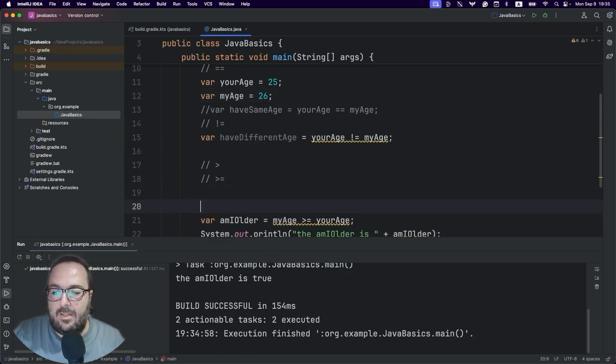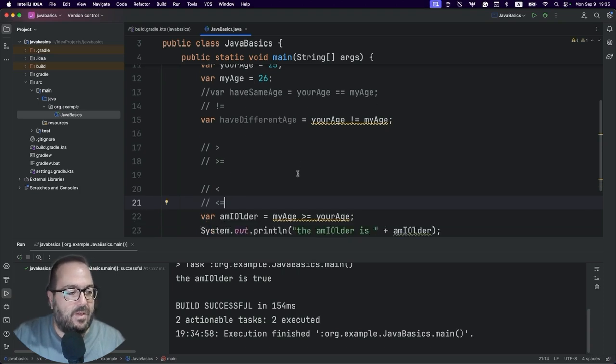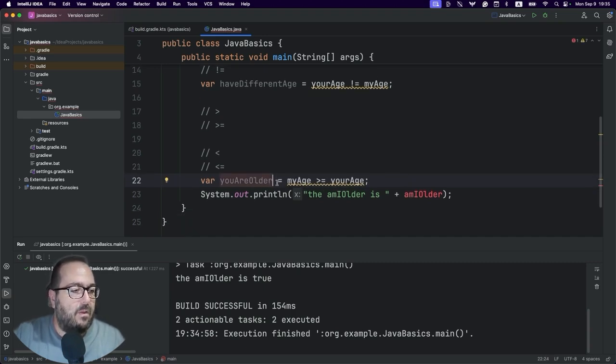Similarly, we have the less than and less than or equal to, right? So we can switch this one. We don't need it anymore. You are older. And we can say, in the first case, if you are older, let's see, youAreOlder.